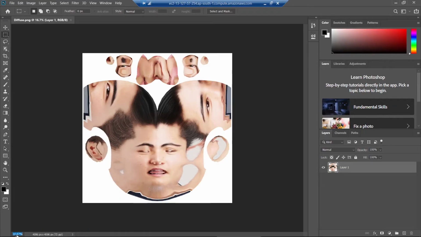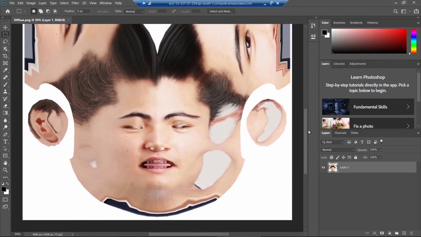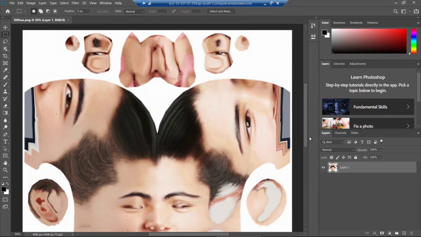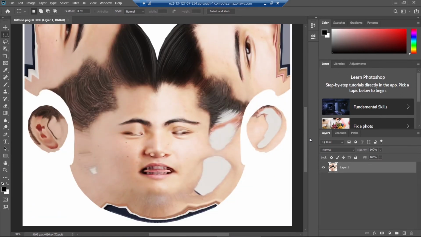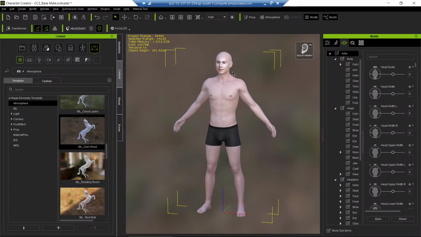Let me just make it 30%, because 30% will be enough to visualize it. So this is the material. You can see this is actually mapped on your face and the body textures. It is generating its own body textures, and these are the 4K photos. So let's close it, because we can do any kind of editing, and those edits must match with the mesh. If you are doing some extra edits and they do not fit well, if you are an artist, you can do this.